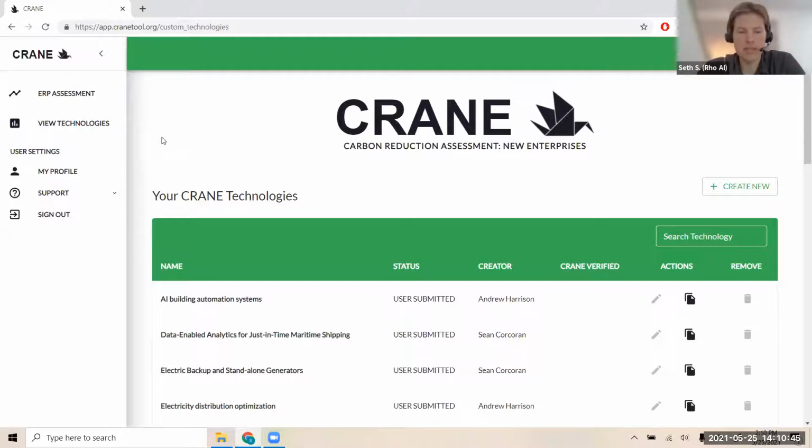So as Cassie had mentioned, the origin of this was an admin tool that we had designed and put together in order to support the Crane Research Fellows who we've worked with and continue to work with through time to build out these model templates. And they needed a place to put the data that they were finding. Once they cleaned it up and got it into a Crane format, they needed a stable database to interact with and an endpoint to enter the data that can be, as I'm sure everybody on the call knows, quite messy from the outset. So it's like a goal, and from there, Crane can easily ingest it,